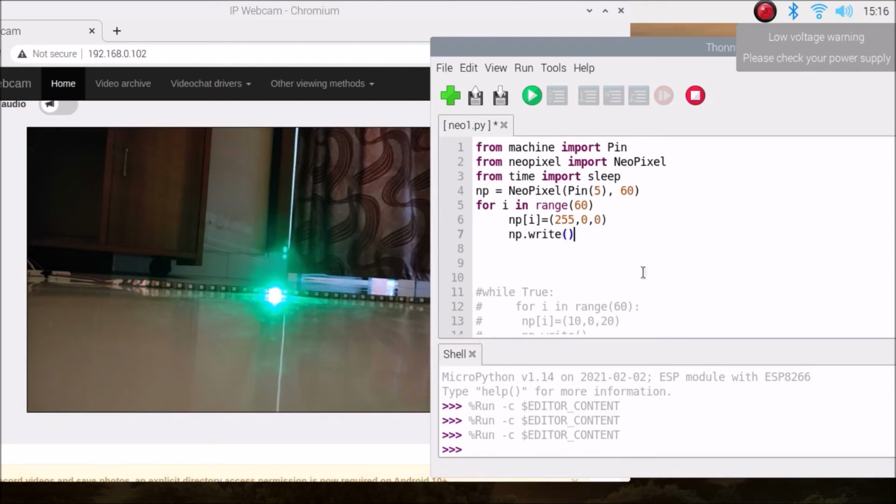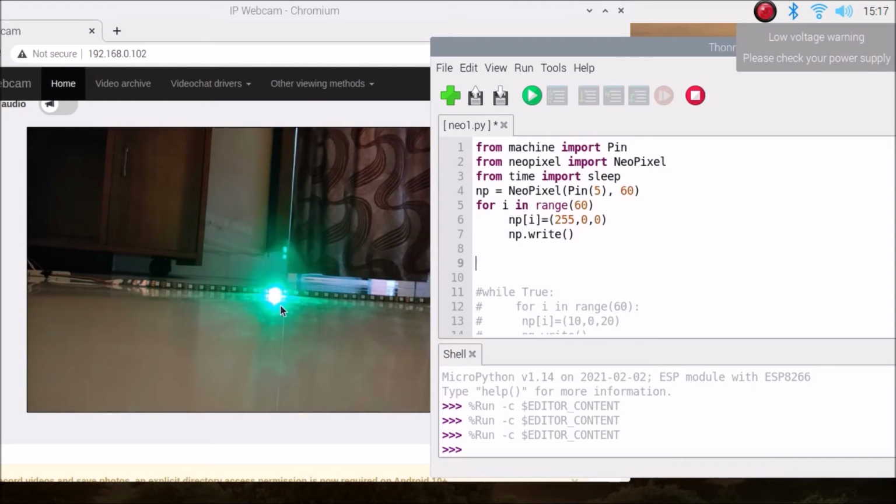Okay friends, now what will happen, I have mentioned here a range of the 60 LEDs. It means the full of our RGB strip goes with red, because the range is basically the full of our LED strip.